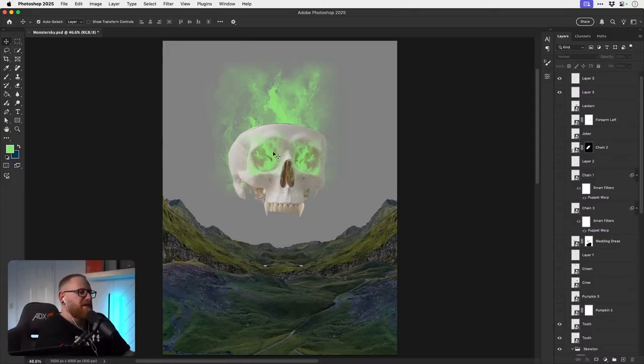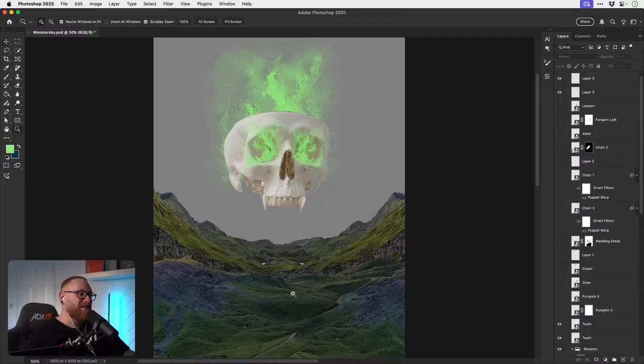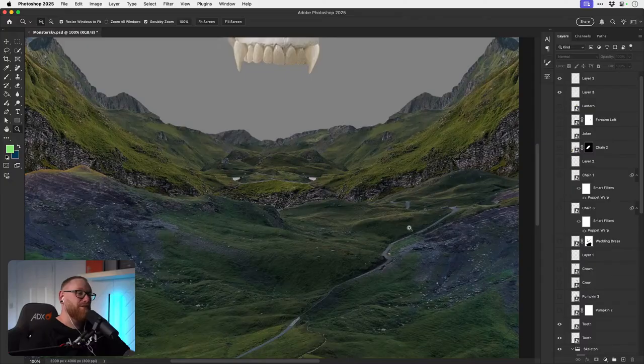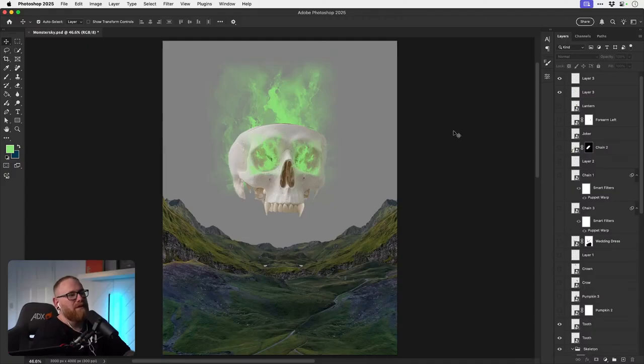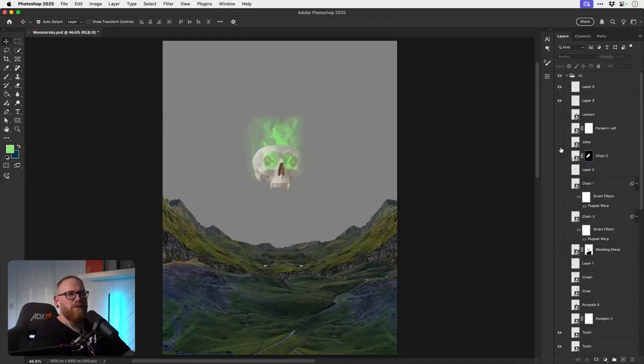But what is the idea here? Where are we? Are we in some crazy valley? We could be in a green version of hell or something. So all these rivers could be green, and I could add green fire everywhere. What other images have I got? What can I dump into this landscape? We could go castle. We could go full castle.